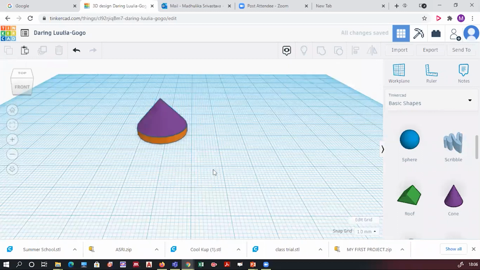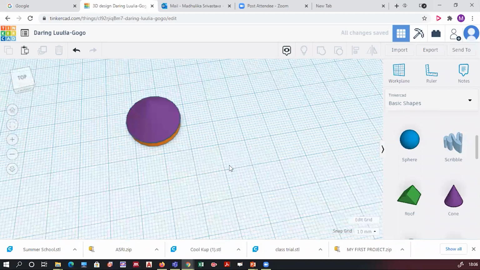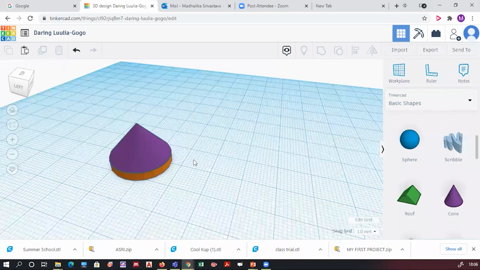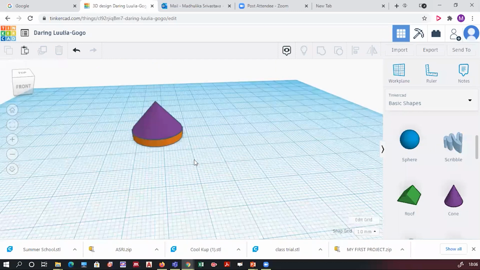So it appears like this. For the cone, only select the cone and change the height to 11 mm. 3 mm was the height for the cylinder and 11 mm for the cone.